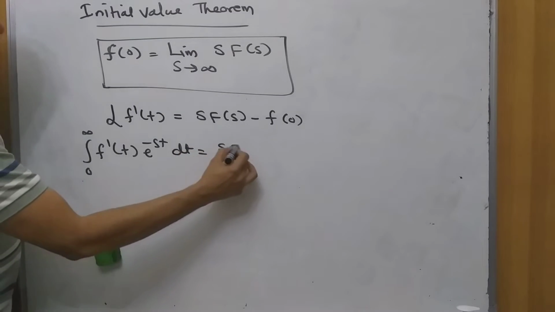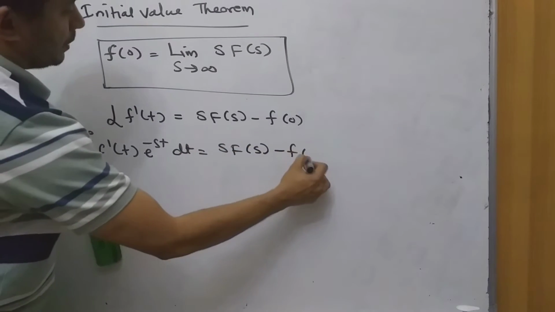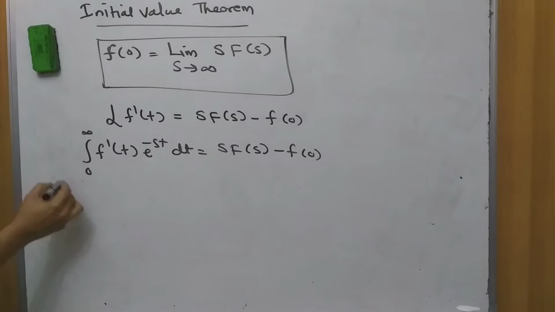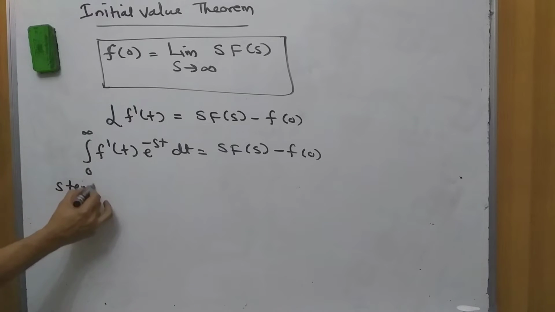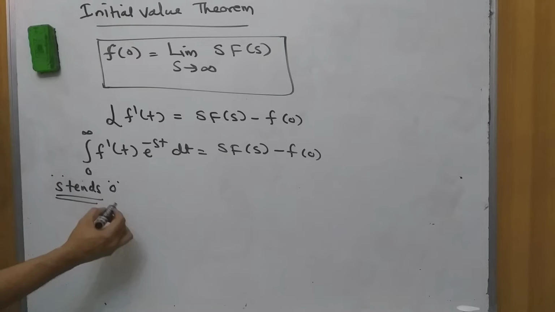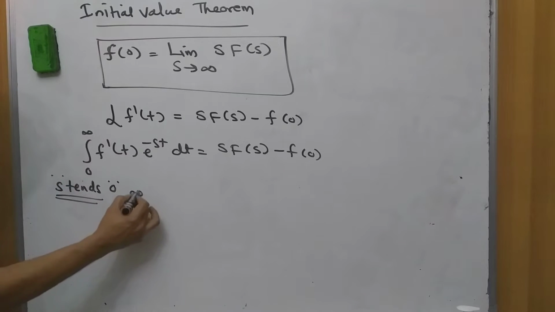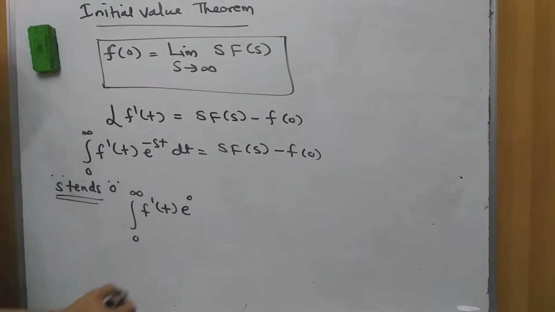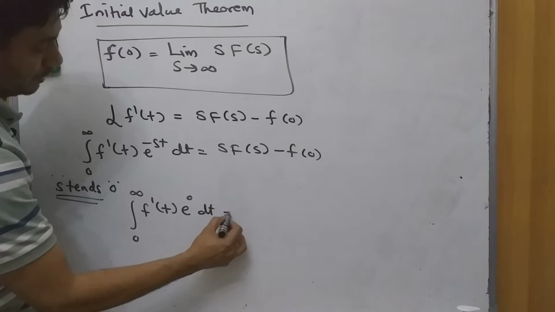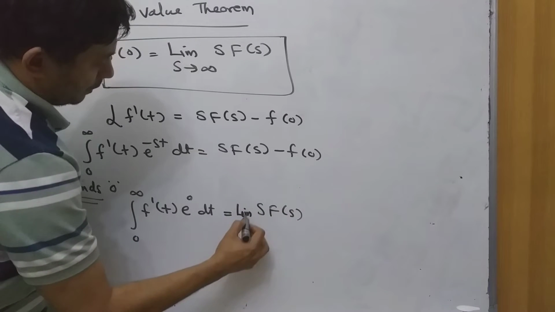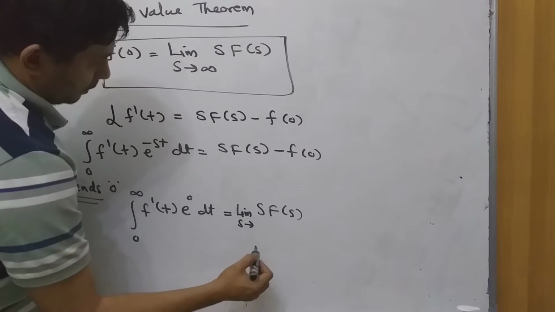dt, that is equal to s into F of s minus f of 0. In this particular equation, we assume that s tends to 0. So if that is the case, the integral from 0 to infinity of f dash of t, here e raised to minus st becomes 0, dt, equals s into F of s, we can say limit s tends to,